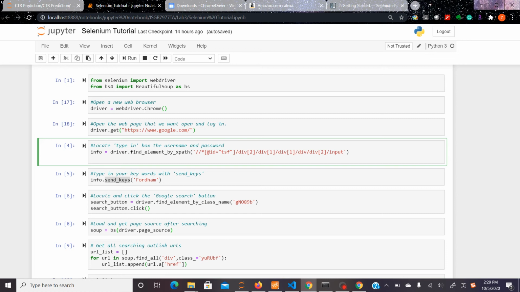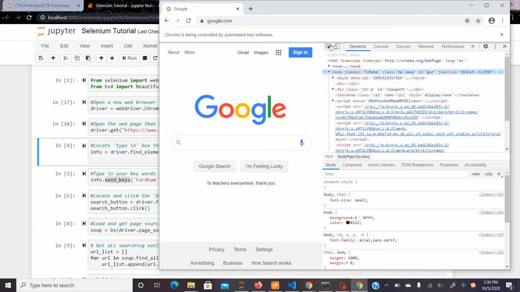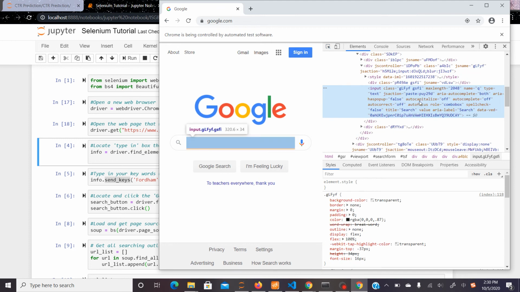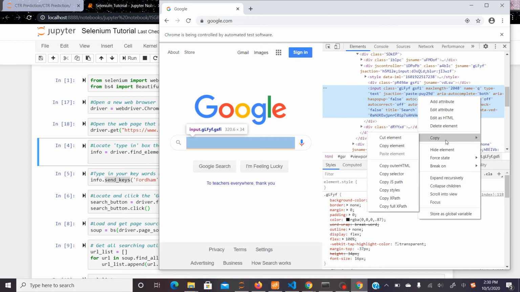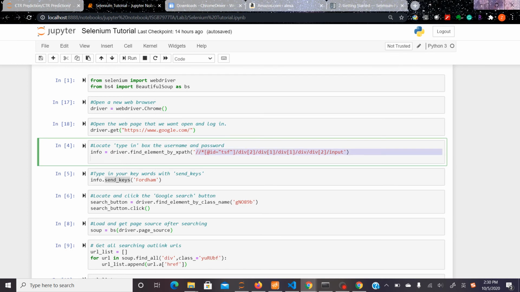Since this is an optional lab, I will not require you to learn XPath, but you are really welcome to learn XPath as well as CSS selectors, which can be pretty useful in web scraping. And you can use inspect to check the position or the tag of this input box. And you can use copy XPath to copy the XPath here. And if we run this,